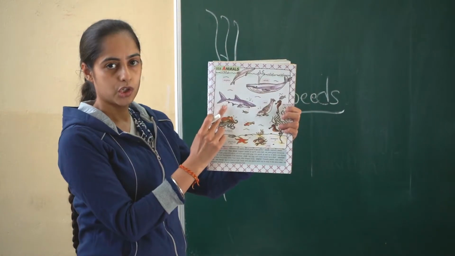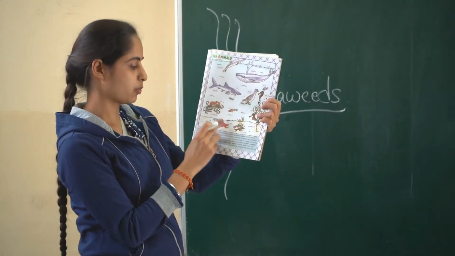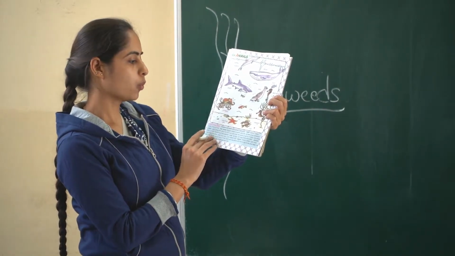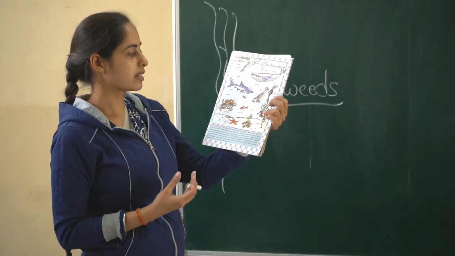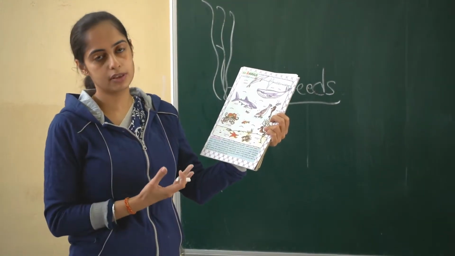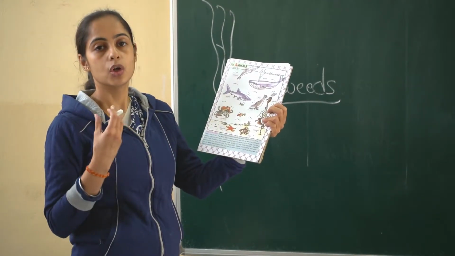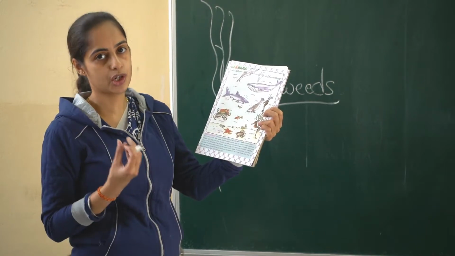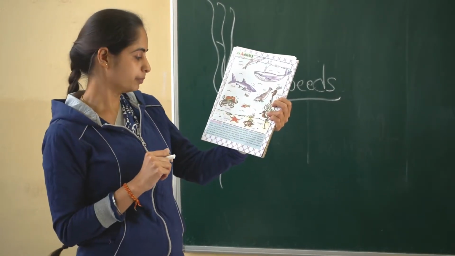You can see shark, and you have seen shark on your TV and in your books as well. Okay, now shark, what special things does shark have? Sharks basically hunt for food. They have to look around and hunt for food. And what special thing do they have? They have long, sharp teeth so that they can catch small fishes easily.